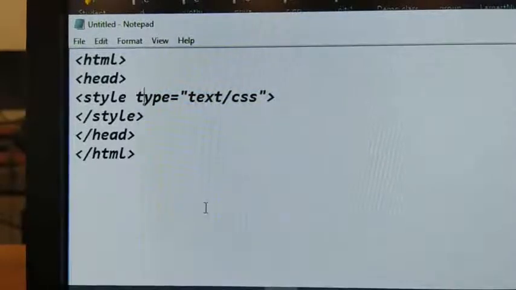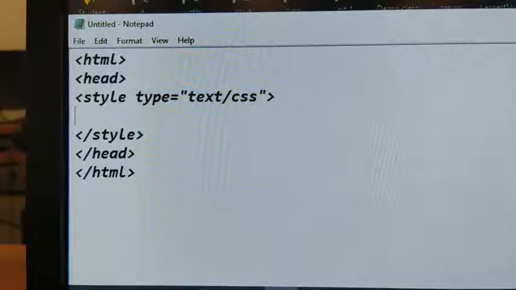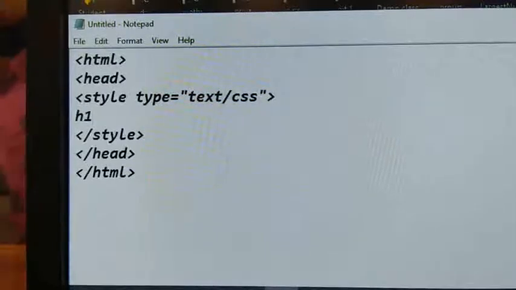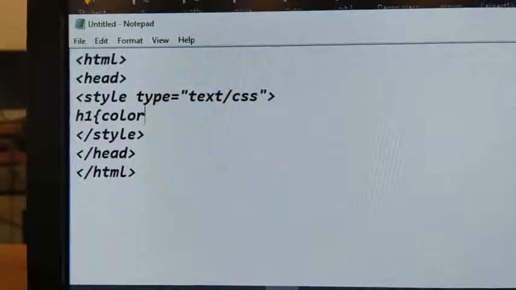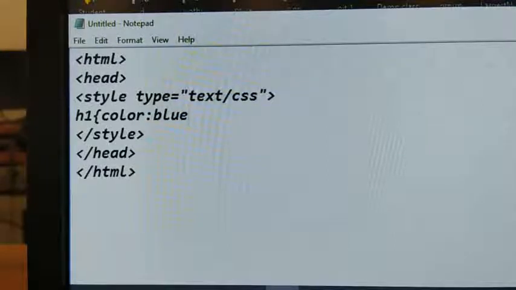Now, between the style opening and closing, you give the style information. First, under types of selector, the HTML selector. Here you give any HTML tag, H1. Color, for example blue. This is an HTML selector. Give the semicolon and save it.